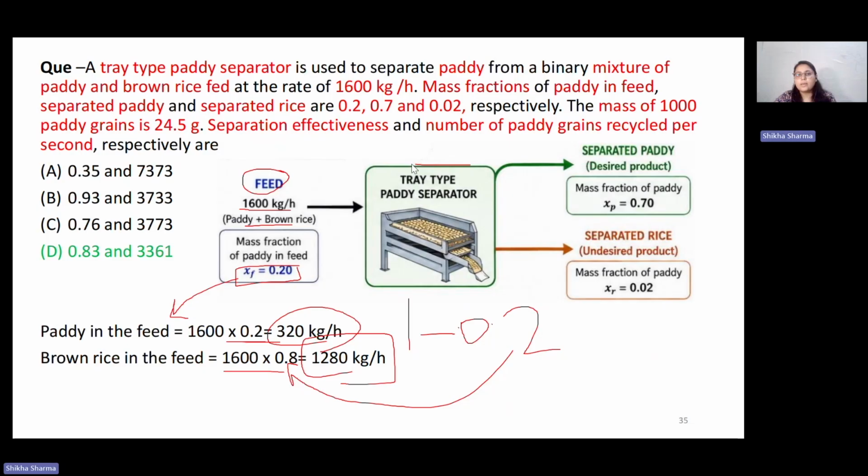Now in the tray type paddy separator, we get the separated paddy and the separated rice for these mass fractions. So the mass fraction of paddy in the separated paddy is 0.7, and in the separated rice, the mass fraction of paddy,